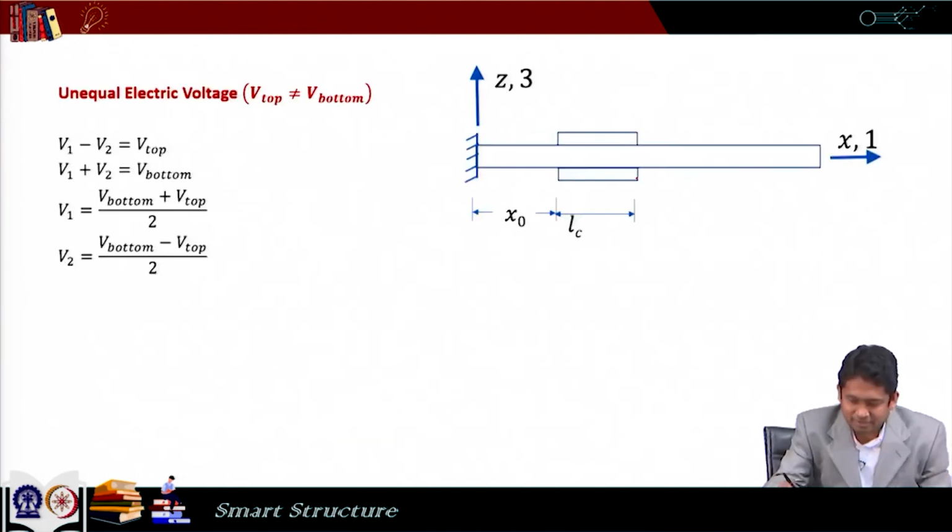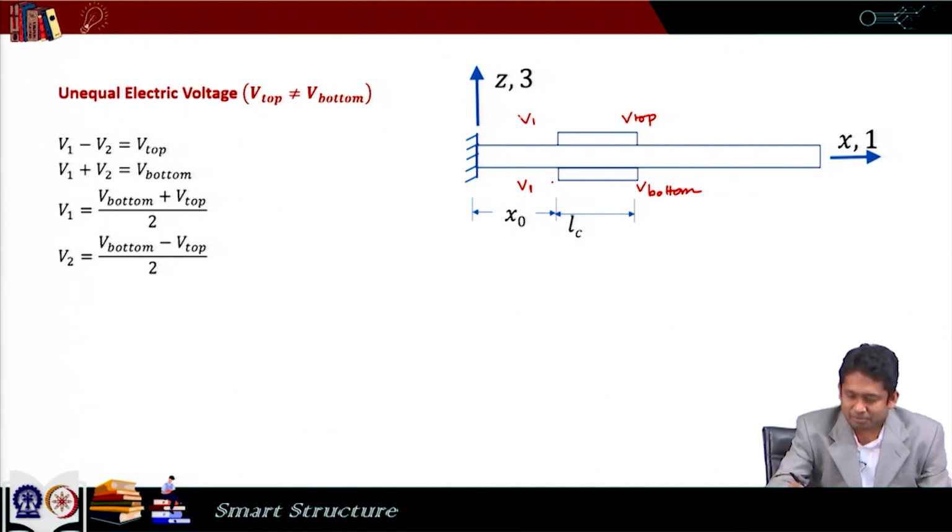Now, we will look into another case where we have the symmetric configuration, but the actuation is not symmetric. So, the top and bottom piezos are actuated with different voltages. So, here the actuation voltage is V top and here it is V bottom. Now, as we did before, we will use a similar approach. So, we will decouple this problem into a bending problem and an extension problem. So, let us assume that the extensional part of the voltage distribution is V1. So, it is V1 and V1 here,